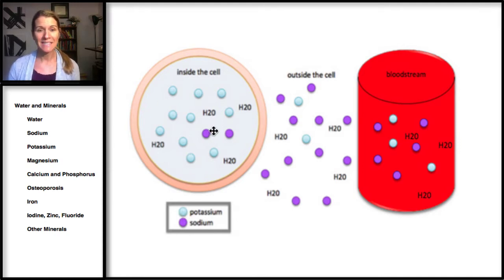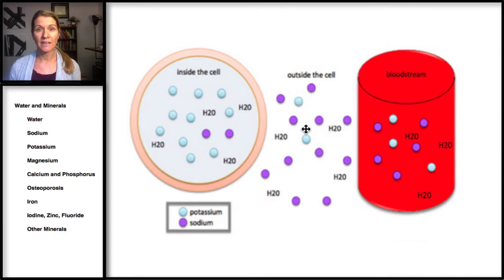So potassium, as you can see by the blue dots here, is our main inside intracellular cation. Cation means positively charged. Sodium, which is the purple, you can see the purple dots here, so there's more purple here. So that is the main extracellular cation, so extra, outside of the cell, extracellular, and cation is positively charged. So these are the positively charged ions. These are electrolytes. And I'm just going to explain a little bit how they both work together to maintain fluid